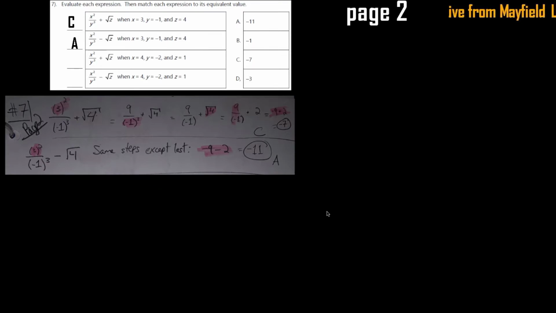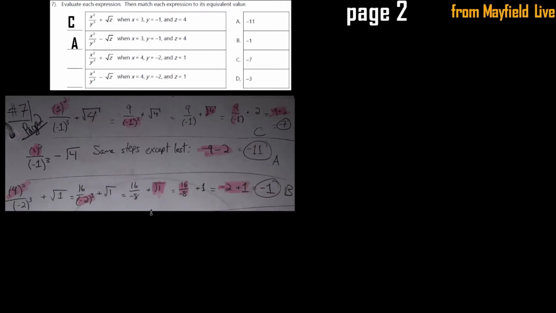All right, so similar idea with the next two. We're going to now be plugging in a little bit different values. So we're still going to have that original expression, except now we have x equals 4 and y equals -2, z equals 1 this time. And so again, as you work through this, make sure you're following those order of operations. And so I did